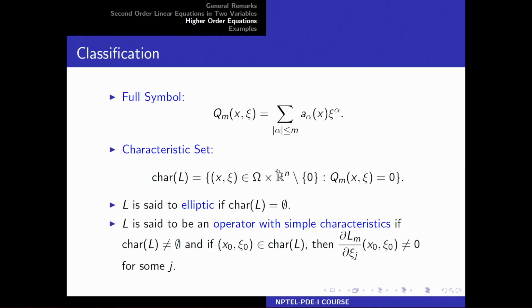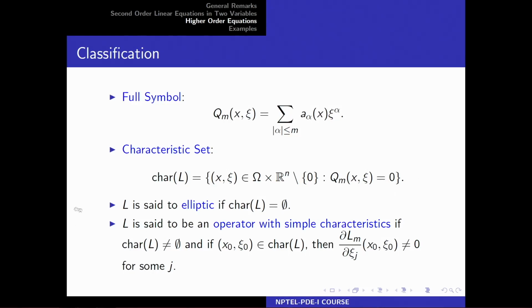There we denoted it by zeta. Just compare, take m equal to 2 and n equal to 2, and you see that this is just quadratic, and what it says is that in the elliptic case, the characteristic set is empty, that means it does not have real zeros. So, that corresponds to AC minus B square bigger than 0. So, we will not be able to say